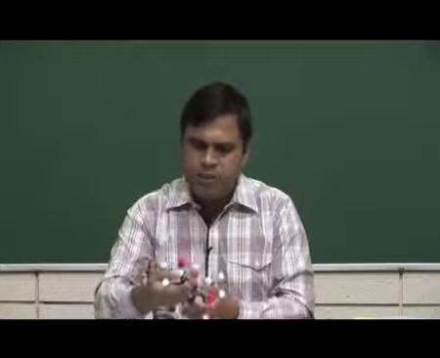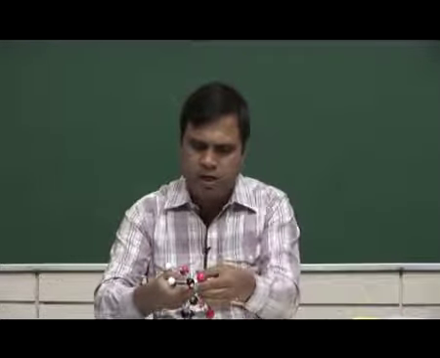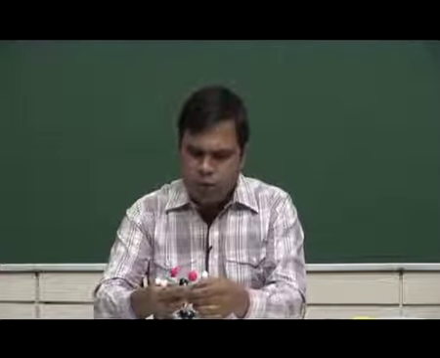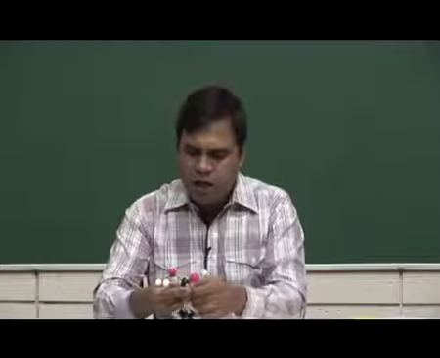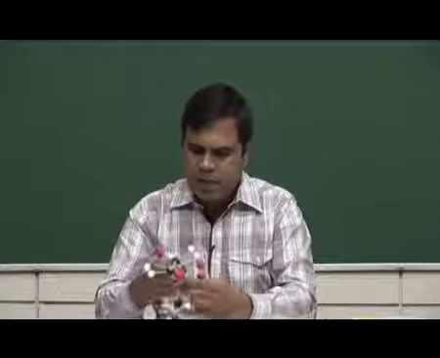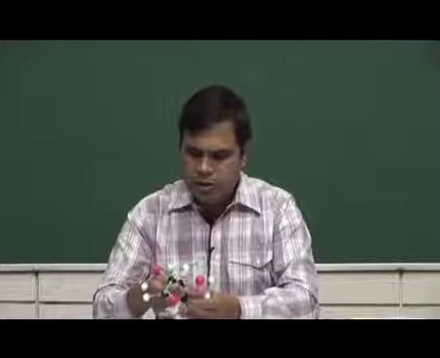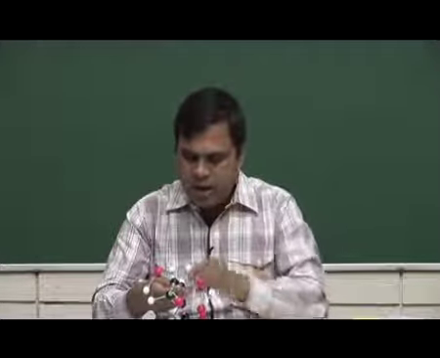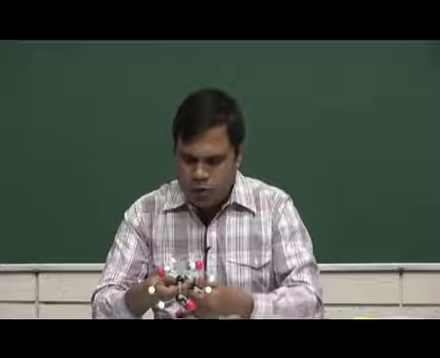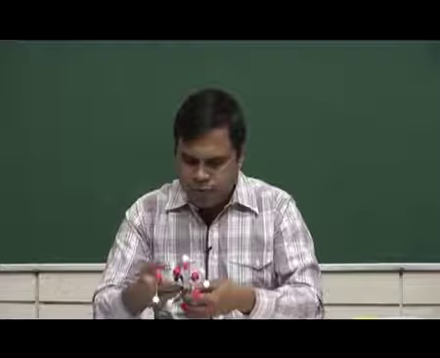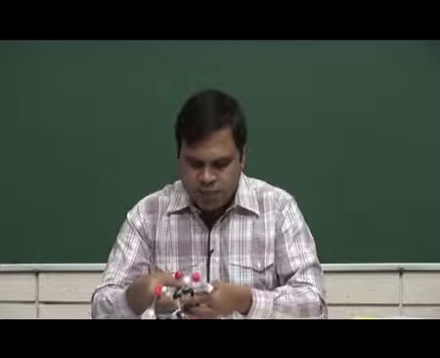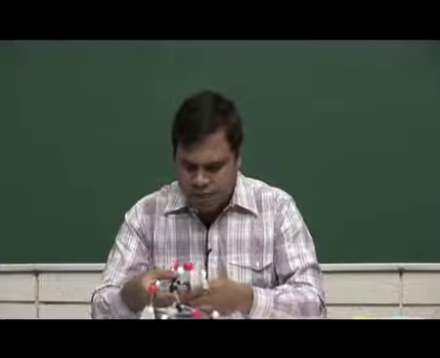Carbon number 1 has the aldehyde functional group, carbon number 2 has hydroxyl on the right hand side and hydrogen on the left hand side, then carbon number 3 has hydroxyl on the left hand side and hydrogen on the right hand side. Similarly, carbon number 4 has hydroxyl on the right hand side and hydrogen on the left hand side,